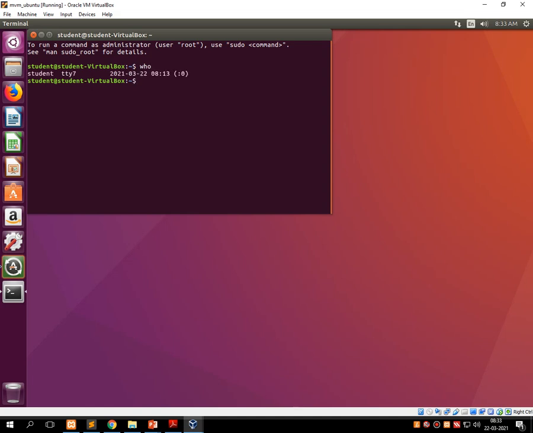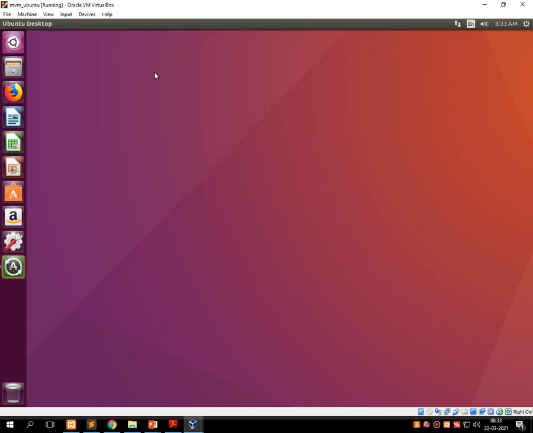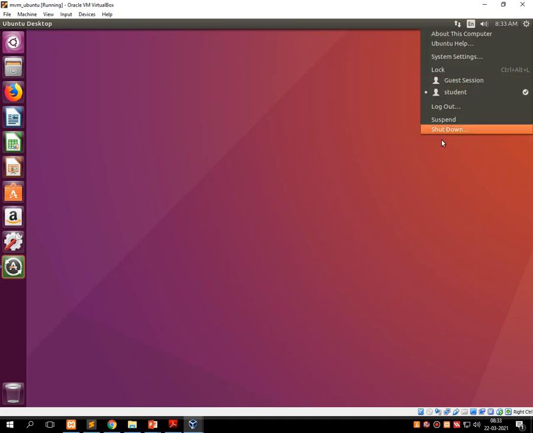Let me fire the commands which we have done, that is who and whoami. Once you have finished your work and you want to shut down the system, just type exit. It will close the terminal window; then go to the power button and press shutdown.